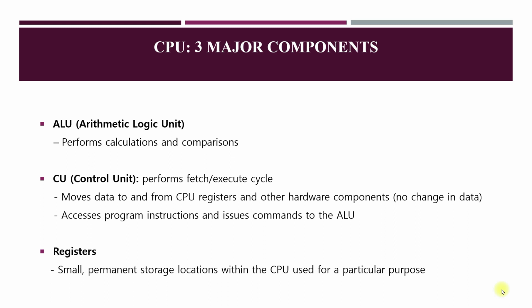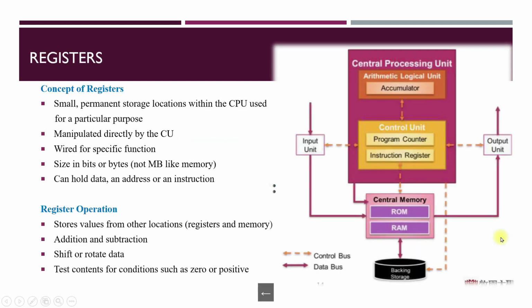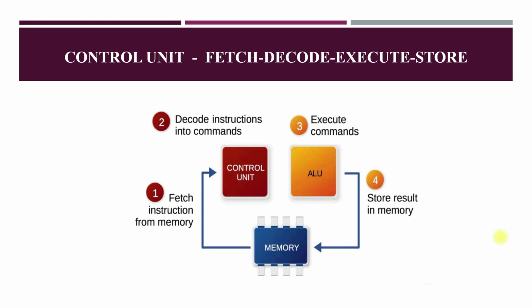Then we have registers. As I have already explained, a register is a small temporary storage device which is used for storing a very small amount of data. Now this is a control unit, and as I told you, there are five main stages in executing a particular instruction. First, it will fetch the instruction. Second, it will decode the instruction. Third, it will execute the instruction, and finally, it will store the result. And sometimes we may have to write the data back to the register also. So that is the fifth step.